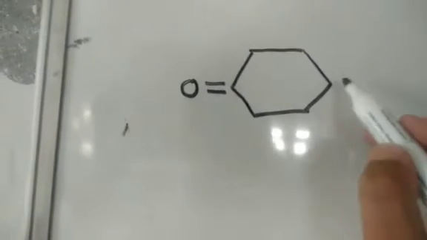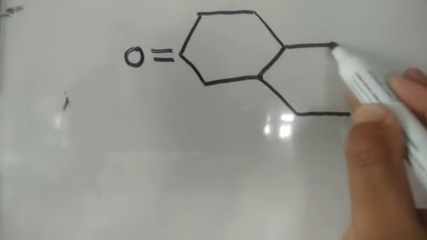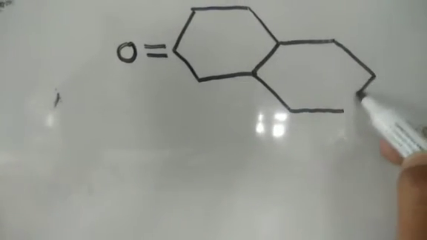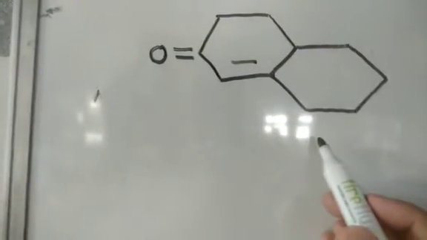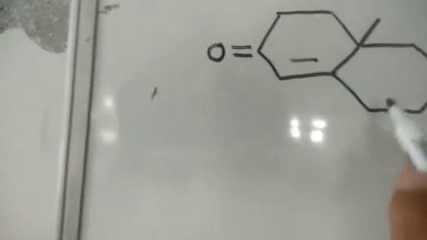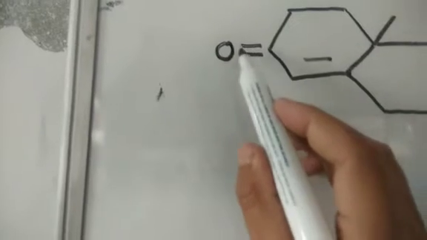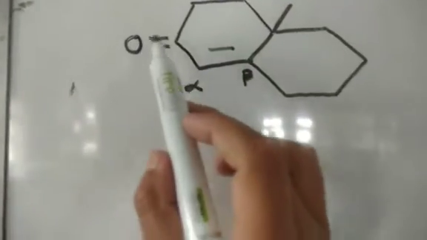That's carbonyl here. Now look, here the carbonyl, this is alpha position, this is beta position. Let us say we have this type of compound. Fine. So if in this type of compound we have to calculate the lambda max, now look at this alpha